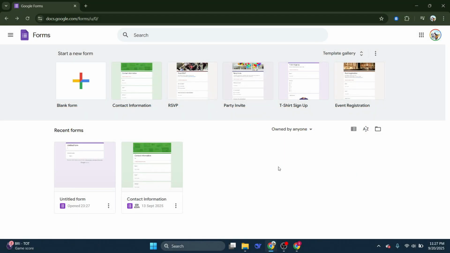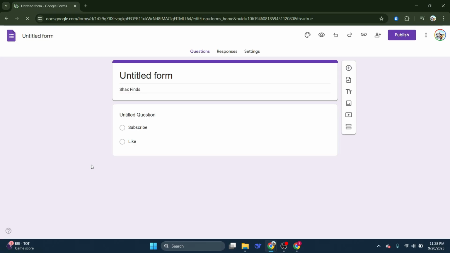First, head over to the Google Forms website and sign in to access your Google Forms dashboard. Once you're logged in, navigate to the main page of Google Forms. This is where all your forms are listed. If you're creating a new form, go ahead and start it, but if you're renaming an existing form, locate it